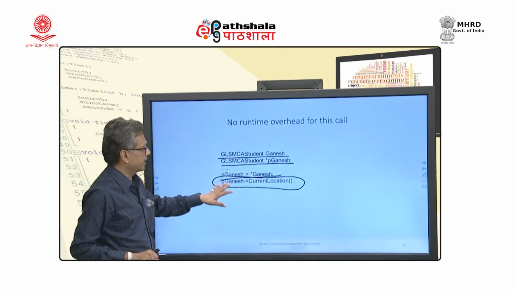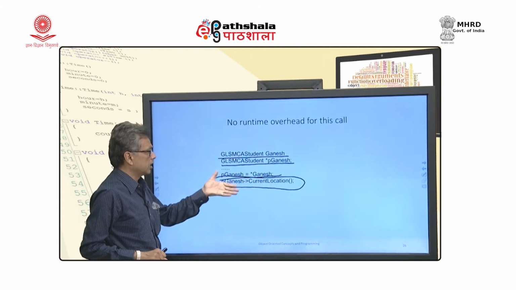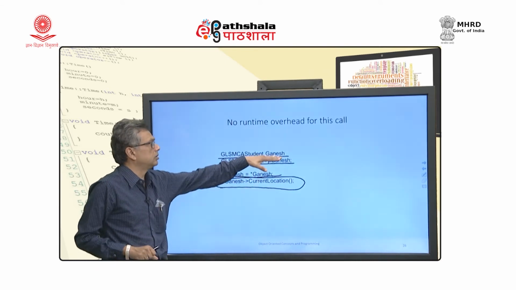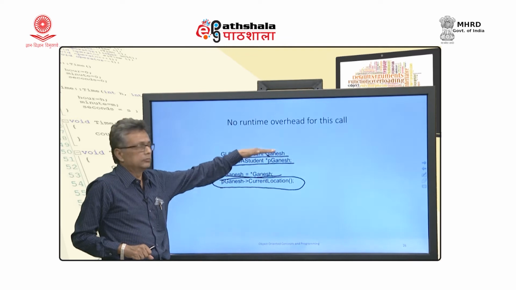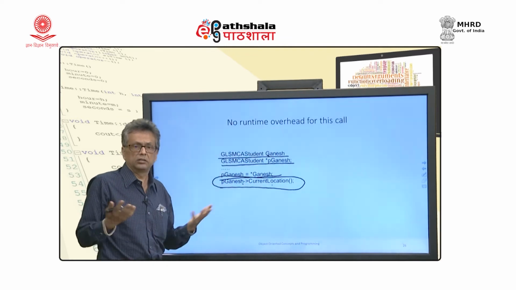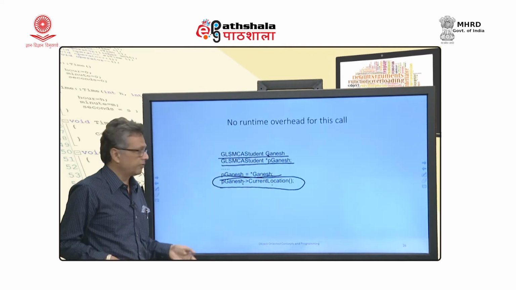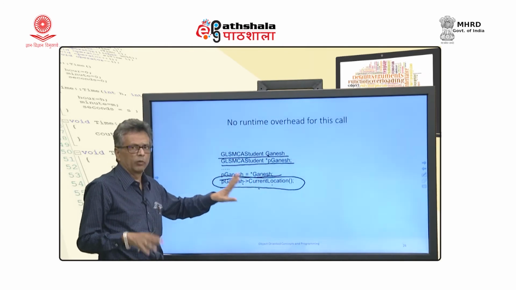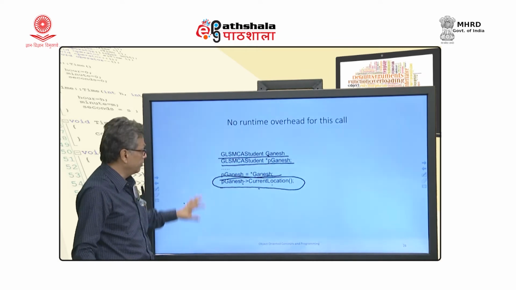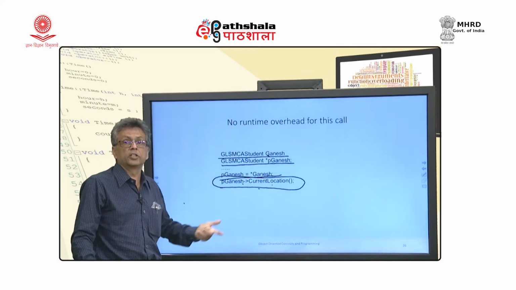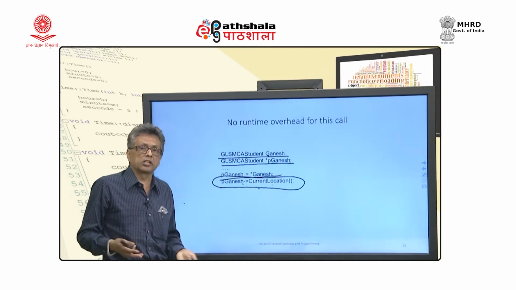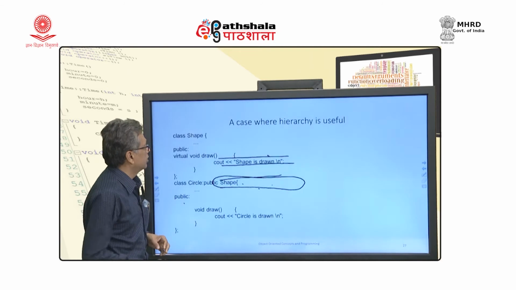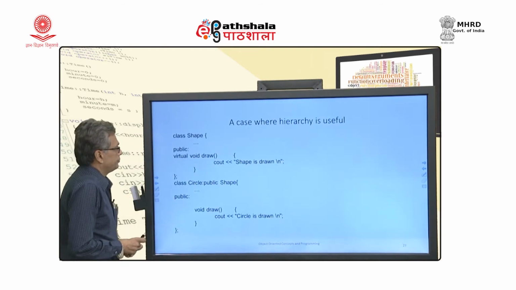Now, you are exactly specifying, so the compiler, when it compiles this code, knows exactly that the P Ganesh is pointing to this object, and so this current location can be easily determined there itself. So this is not a virtual function call, this is a normal call and will be resolved accordingly. So even when it looks like a virtual function call, if it is possible to be resolved statically, the compiler will do it. Only when it is not possible, we will go for the other one. Okay.